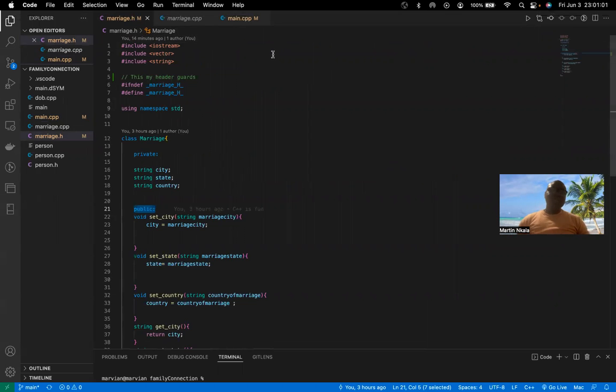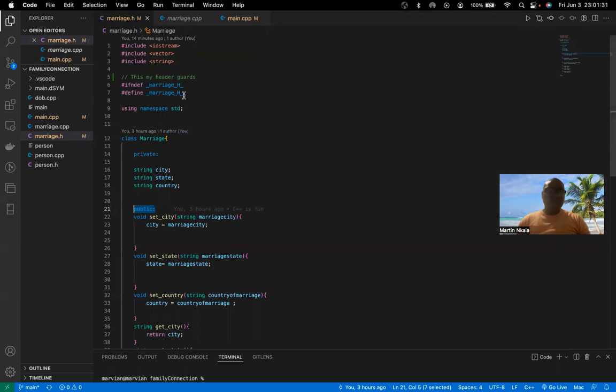So one thing you need to understand when programming in C++ is that you need to define what we call your specifications and also your implementations, okay? Usually you'd want to place your specifications in the .h file and then your implementations in the CPP file, okay? So in my .h, as you can see here,